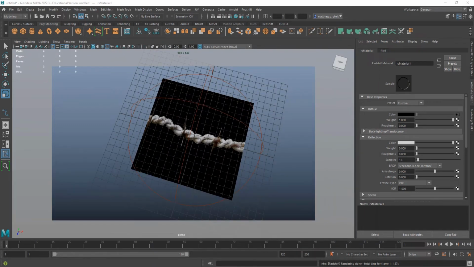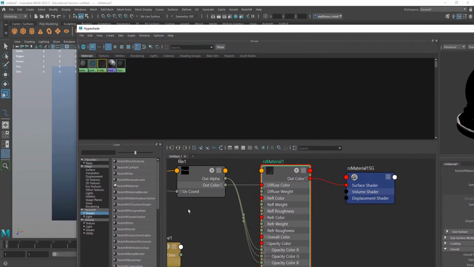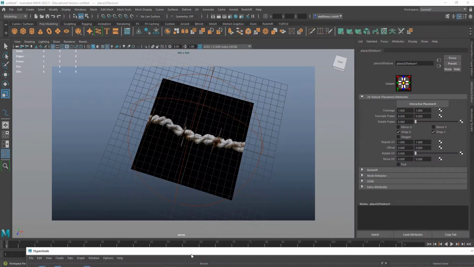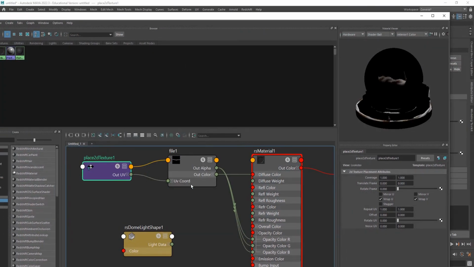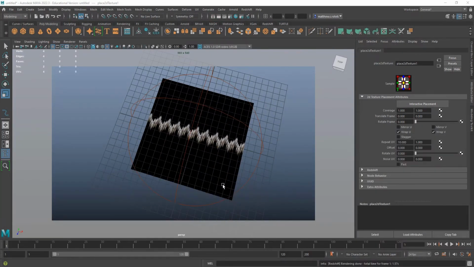But now I want it to tile on top of that. I believe it's oriented in U at the moment. So I'll go to my Place 2D texture node, and I can get it to tile a couple of ways. In this case, if I wanted 10 lengths of it, I can have it tile 10 times, and that'll give me this sort of look,